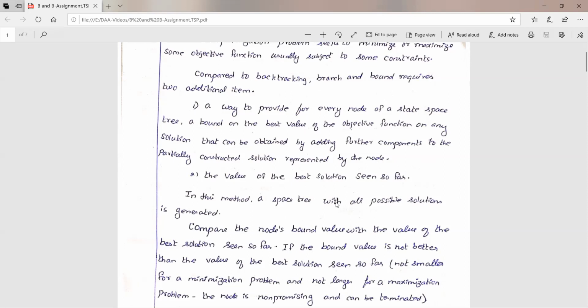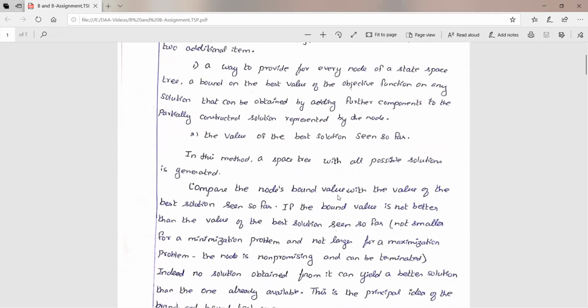In this method, the state space tree with all possible solutions is generated. We generate all possible solutions breadthwise. How do we do it in branch and bound? Compare the node's bound value with the value of the best solution seen so far.